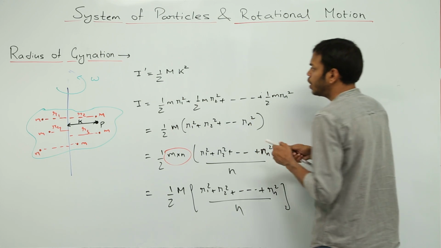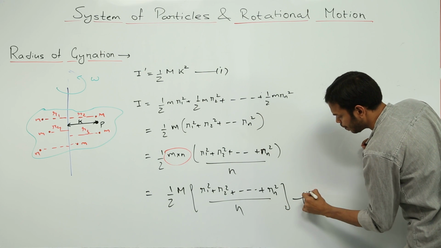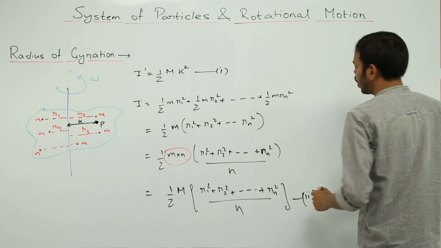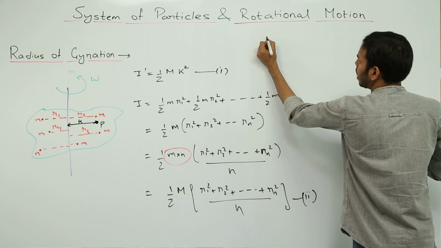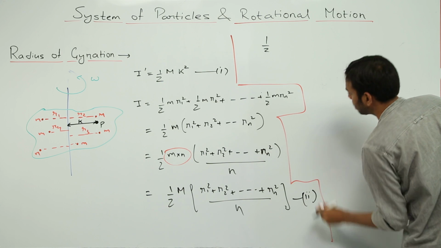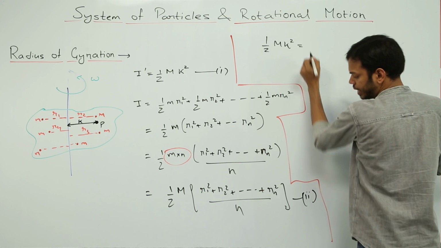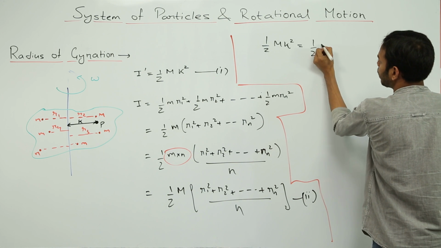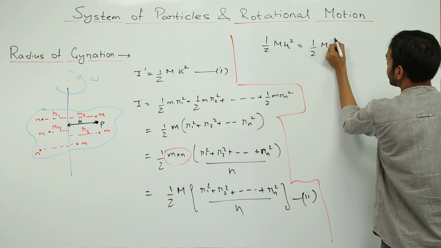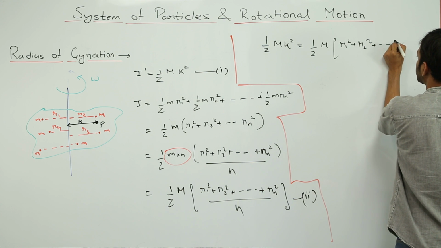So what do we have to do? We have to equate equation 1 and 2. So on equating 1 and 2, what will I get? Half m k square is equal to half m times this one, r1 square plus r2 square plus dash dash dash rn